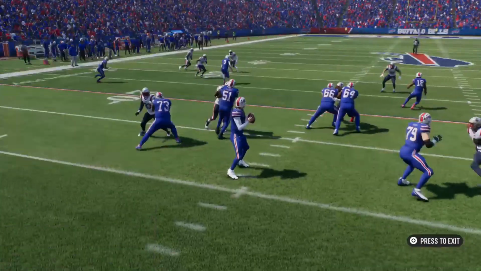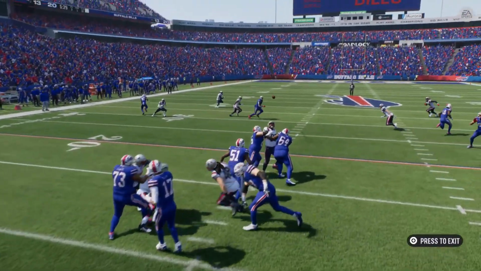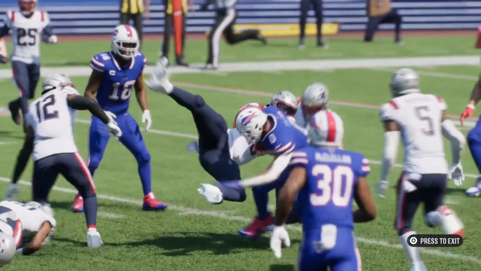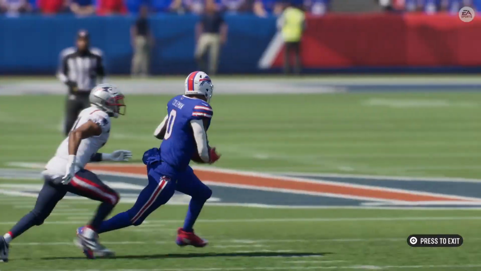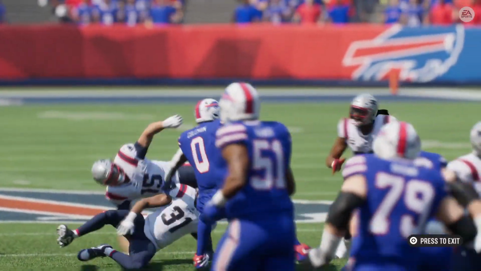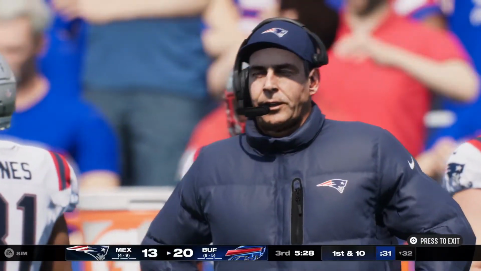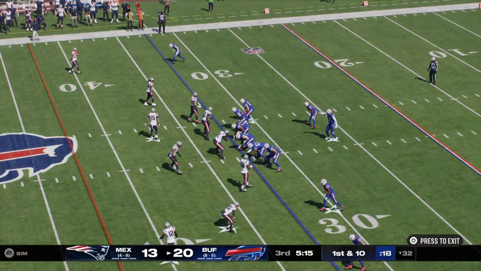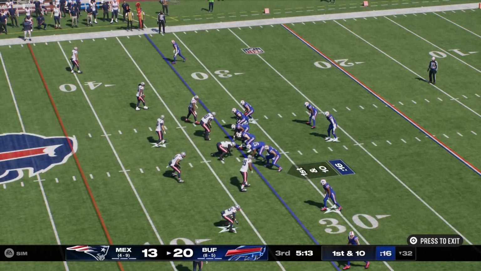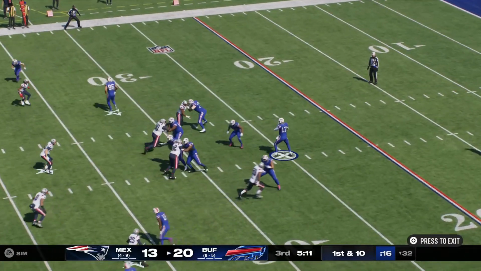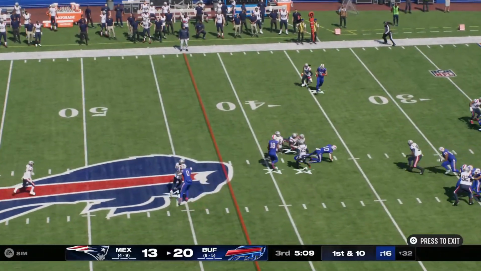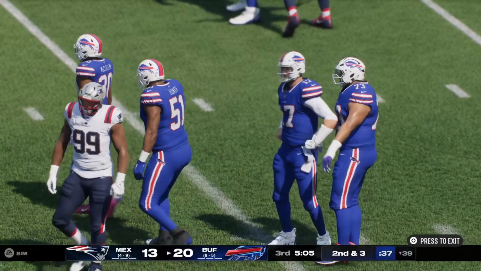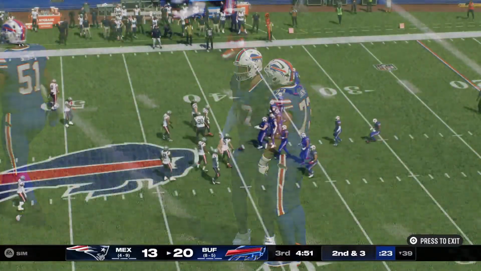Whenever we talk about moving the sticks and controlling the football, there's a great example right there. Those are the 3rd downs you need to convert to win football games. We're in the 3rd quarter of this one, and this is a tight one. In order to maintain pace, keep the ball away from the other team, and put points on the board, those are the plays they need to continue to convert. Allen to throw once more. Quick slant to Shakir. They'll wind up getting 7 on the play, and that'll make it 2nd down.